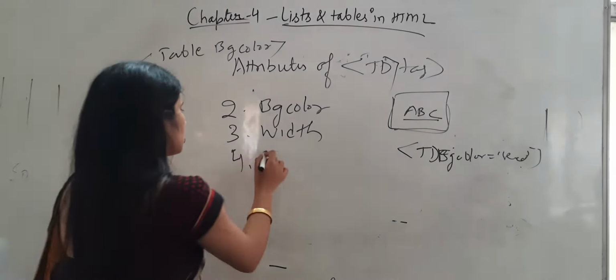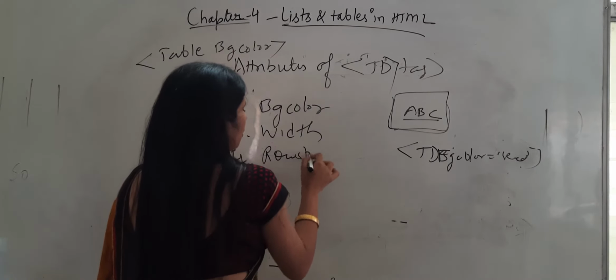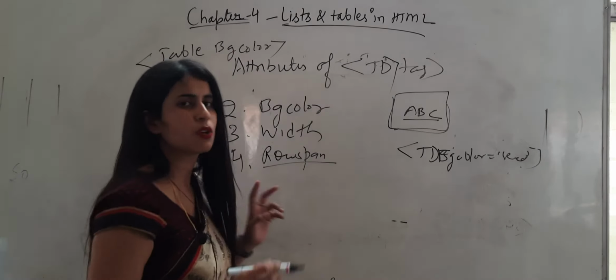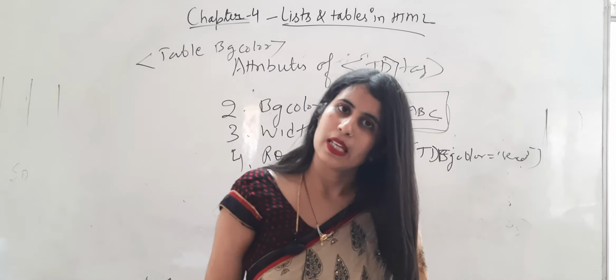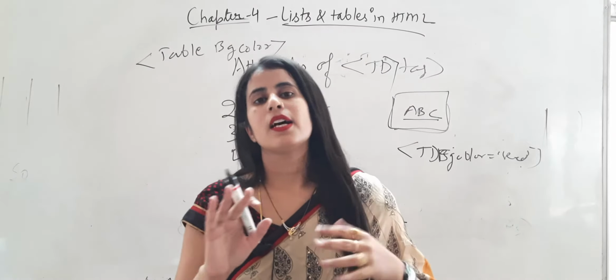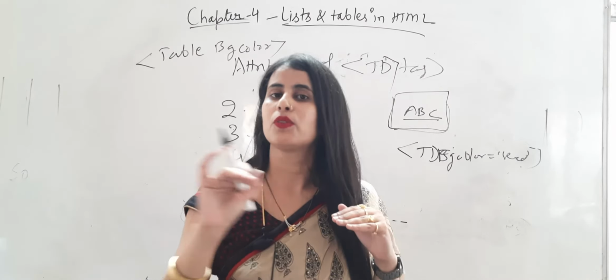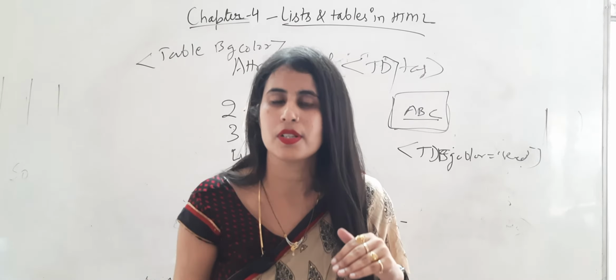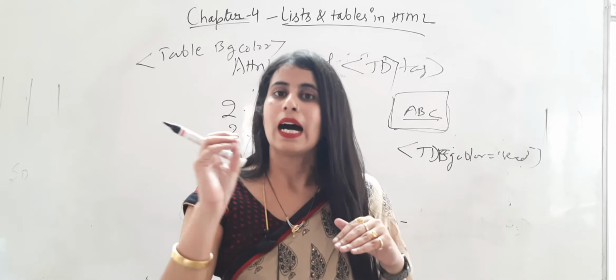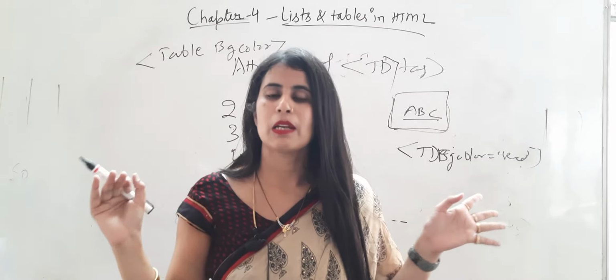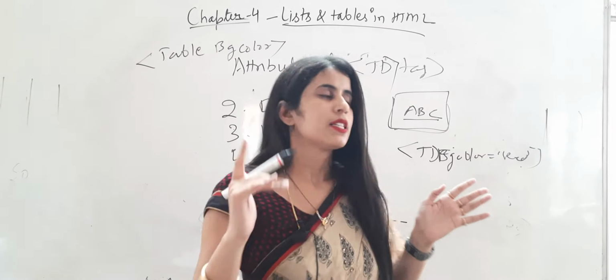Next is row span. What is row span? Row span means suppose there is a row and in this row I want to divide the single row into 2, 3 sections, 4 sections, 5 sections. So for this I need to span the row. Span means divide the row. Okay, suppose